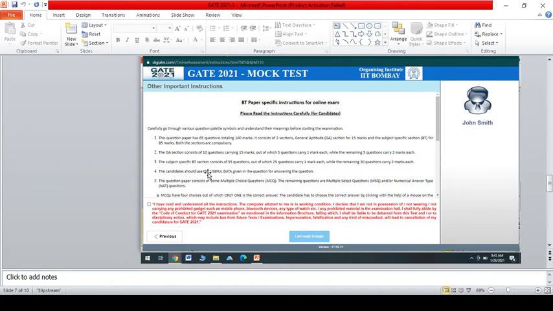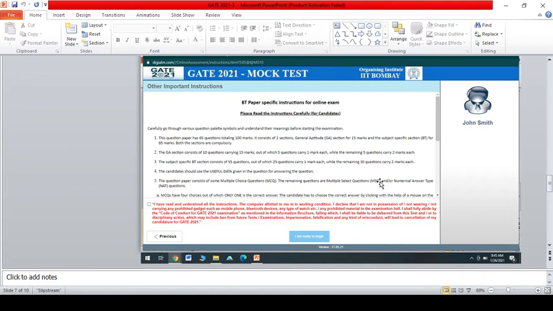This gives a hint that the candidate should use the useful data given in the question for answering the question. This means that in the GATE exam, the question itself will have an answer. You need to read the question twice or 3 times to get the answer. Our questions will be multiple choice questions, where a single question will be asked and below that there will be 4 options. The next thing is that multiple select questions will be there, where you need to select among 4 options. You need to select the correct ones alone. You should not select the wrong one.